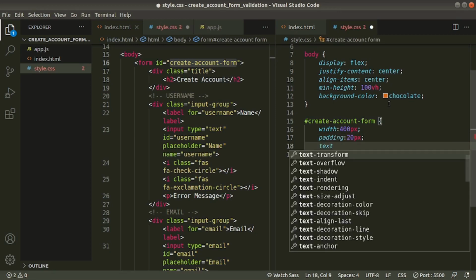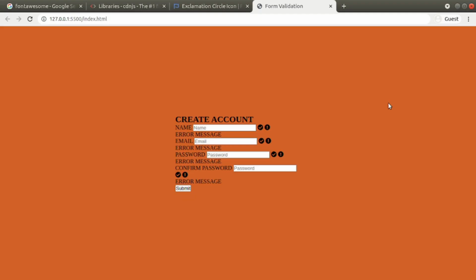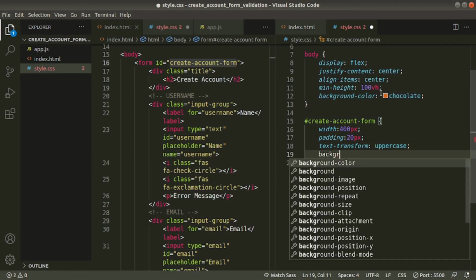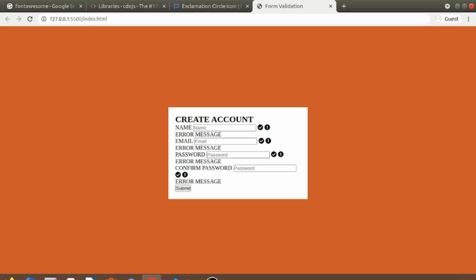Text transform uppercase. That's it for now. Let's go and check. See, and give background color white. Now let's go and check. See, this is our form.